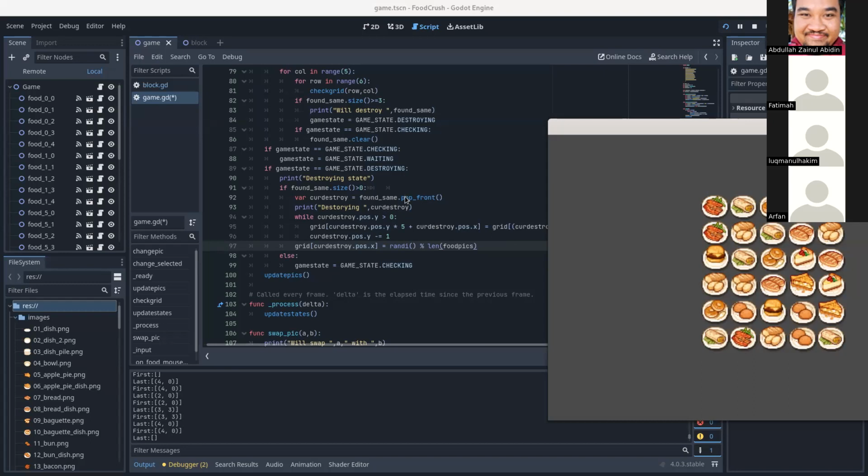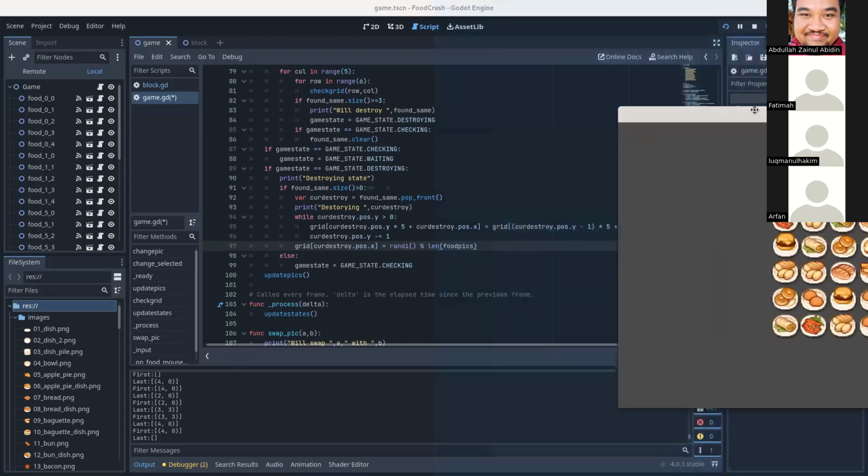So we say current destroy equals found same dot pop front. It takes this first one, and this current destroy is the one that we're going to be using. So while current destroy dot position dot y is more than 0,